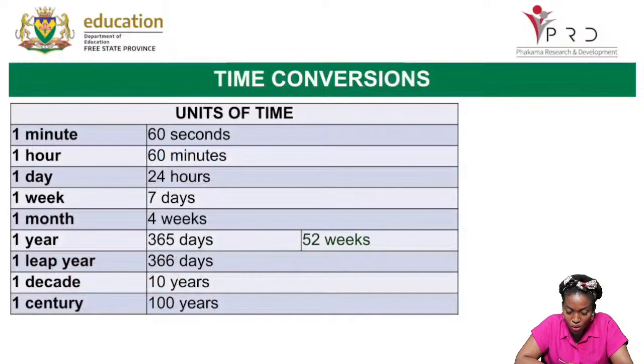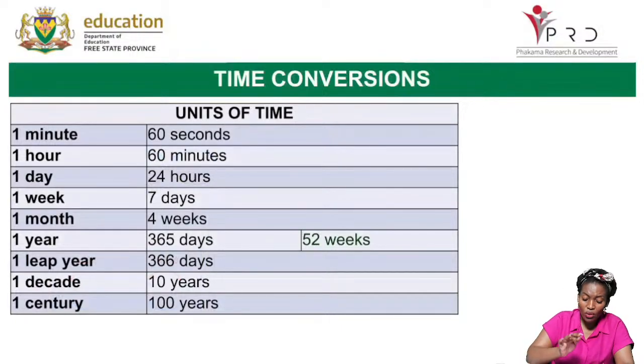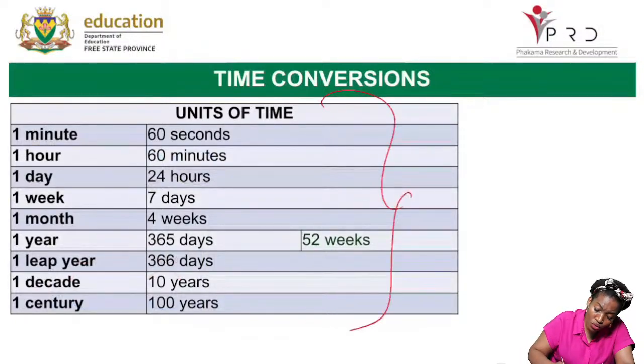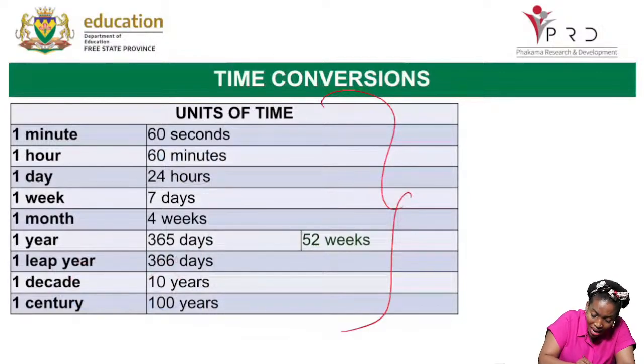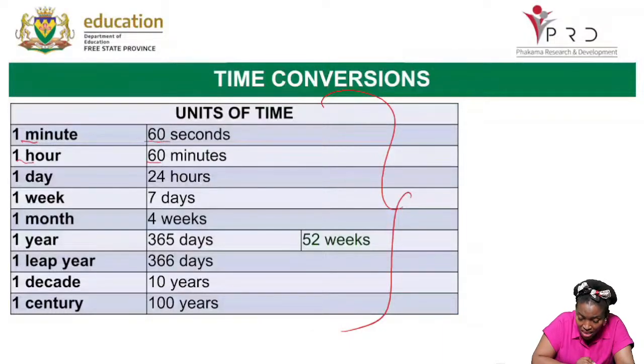And then you must also know your time conversions. Time is very important and is one of the sections that are very challenging in your paper too. So you are expected to know this by heart as a learner in grade 12, that 1 minute is equivalent to 60 seconds, 1 hour is equivalent to 60 minutes, 1 day gives you 24 hours, 1 week gives you 7 days,